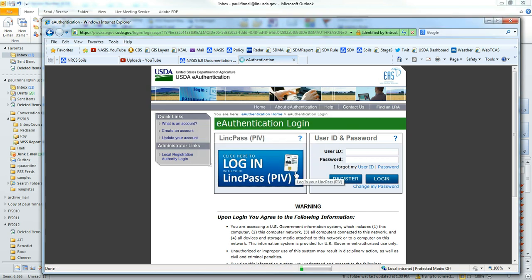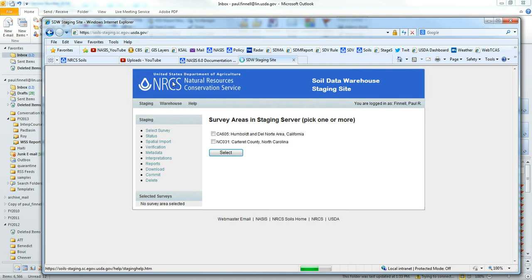and it'll take us to the web page, and you'll notice the address is soils.staging.sc.egov.usda.gov. And you'll notice that we've got two surveys up here on the staging server. Now when this thing gets cranked up, we're going to have all 3,300 surveys up here, and so it's going to be crowded, so just bear with it. I went ahead and loaded up NC031, and so I'm going to select this survey. Notice the first item on the staging server is to select the survey,